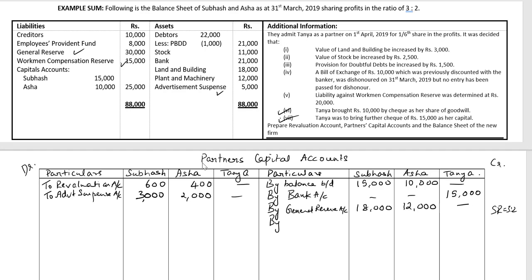So we have by premium for goodwill account, rupees 10,000 divided in 3:2. We have 6,000 for Subhash and 4,000 against Asha. There was no reserve left to distribute because the claim itself was greater than the amount of the reserve. So we'll balance the account